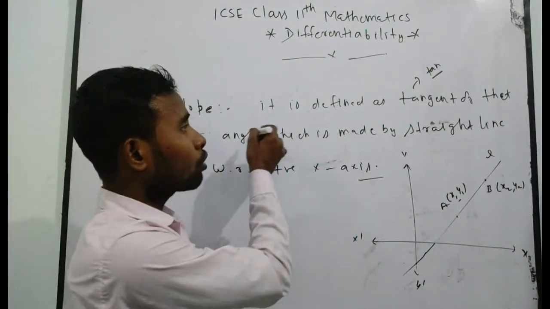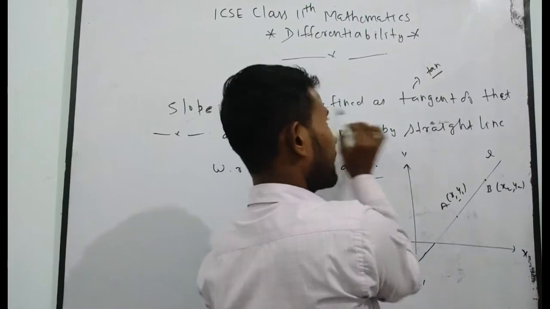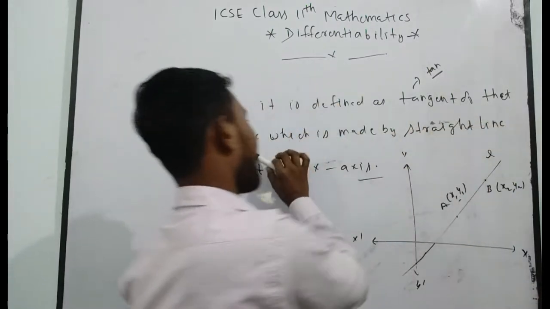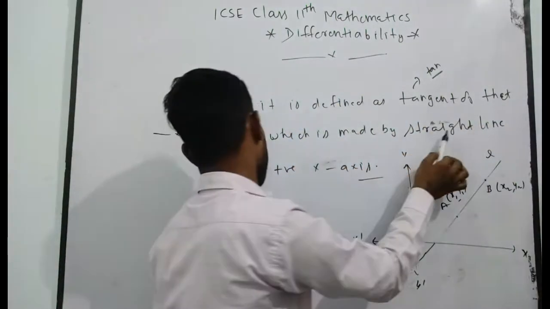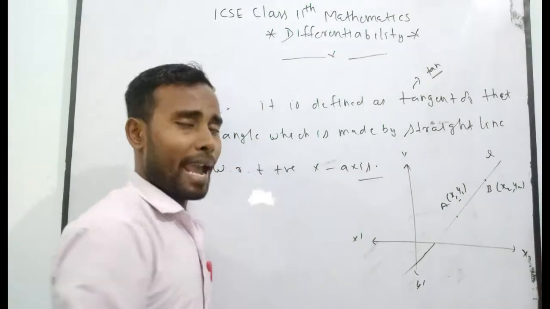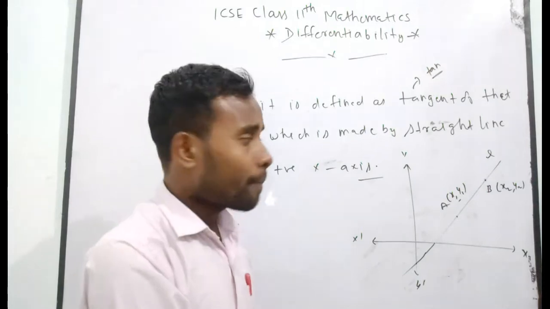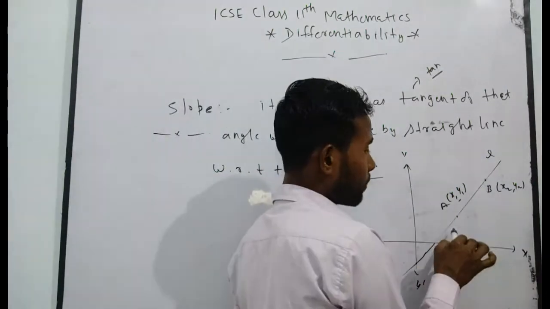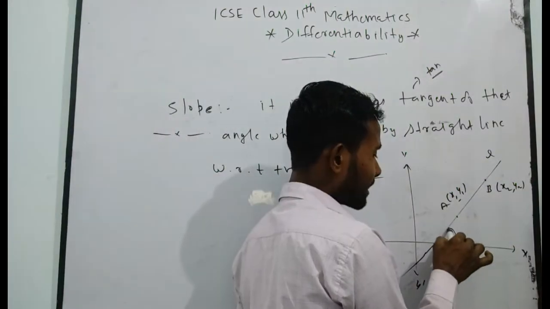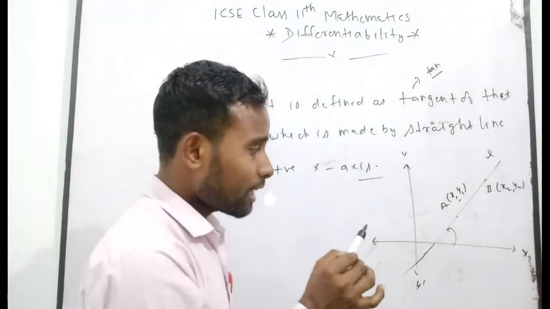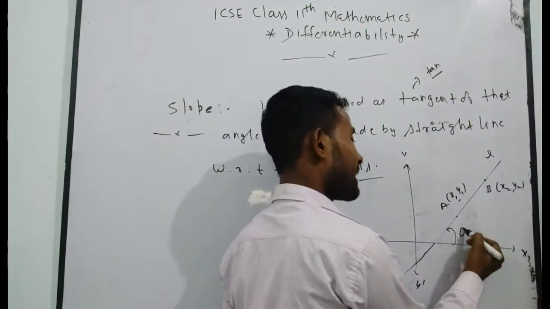Firstly, if you go through the definition, slope is defined as the tangent of that angle which is made by a straight line with respect to the positive x-axis. This is the line. How much angle does this line make with respect to the positive x-axis? Can you determine? Suppose that this angle is